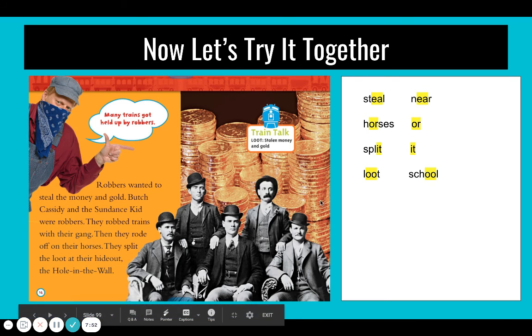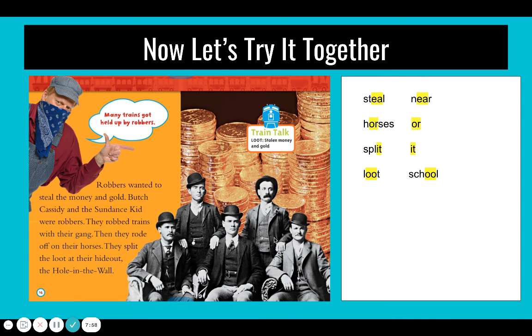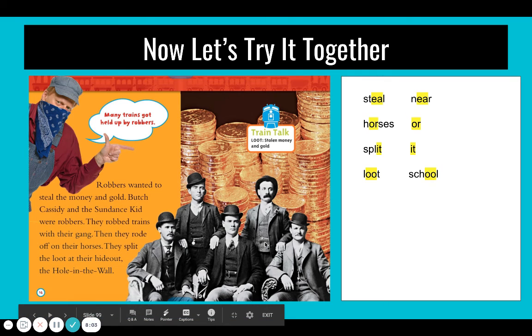So these guys were famous train robbers, and the trains would carry gold on them, and they would be taking it from place to place. And sometimes there were bank robbers that knew about those, so they would rob the trains. But anyway, so